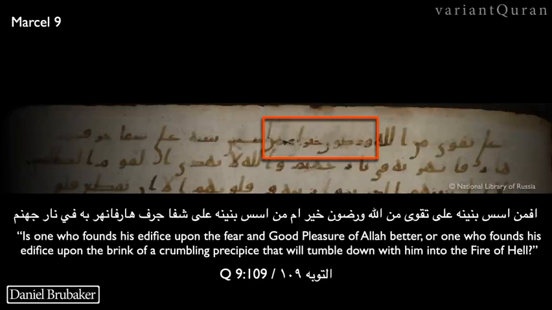Here's the third one. This is Marcel 9. It is at the National Library of Russia. Also an early manuscript, probably an early 8th century manuscript. It is a horizontal format manuscript versus the Hijazi manuscripts, which are almost always in a vertical format. And so the page dimensions changed over time. The style for producing pages changed, and so the initial pages were a vertical format, much like the format of how most books are produced today, with the page being taller than it is wide. And then at some point in time, maybe the early 8th century, they went to a predominantly horizontal format, meaning they're wider than they are tall.